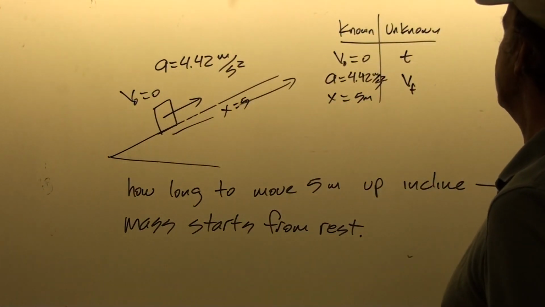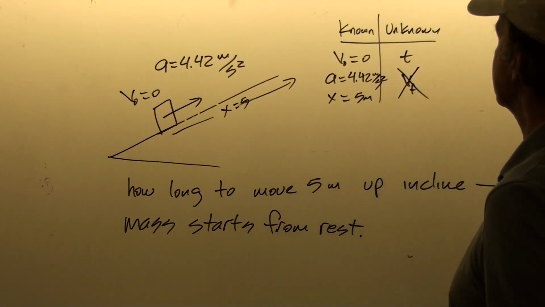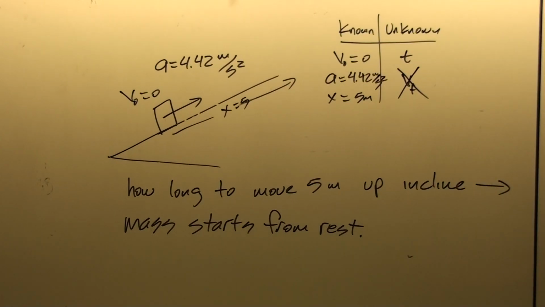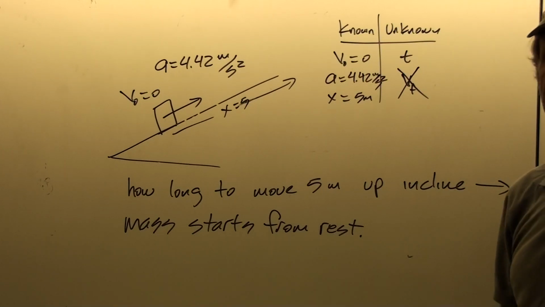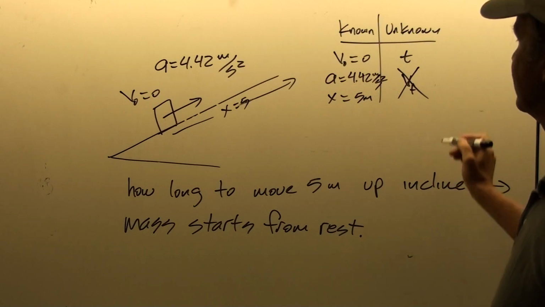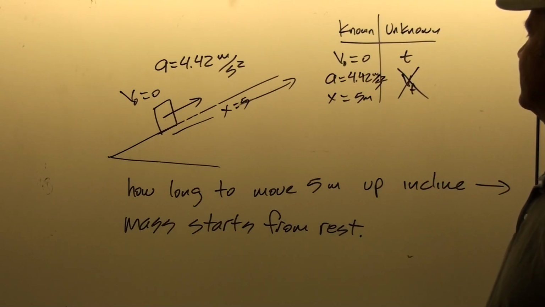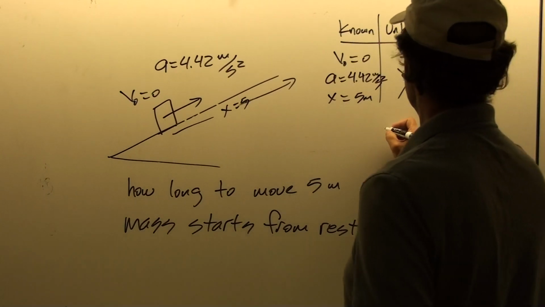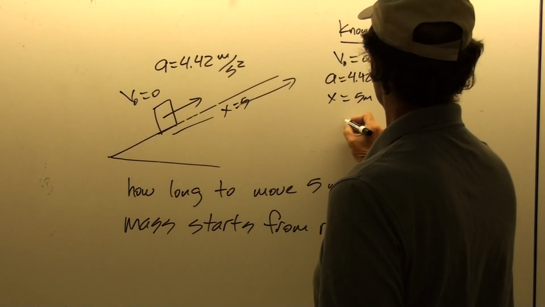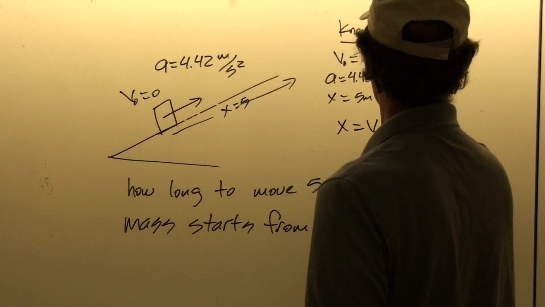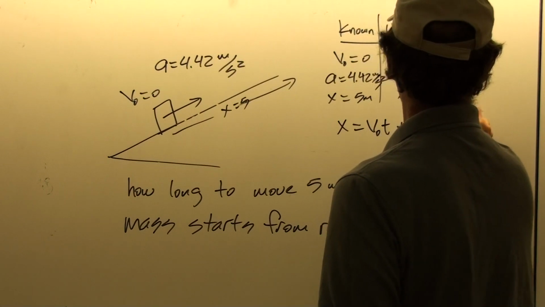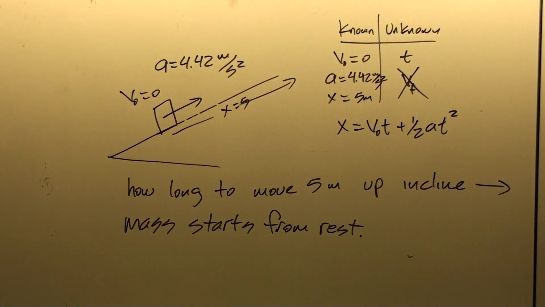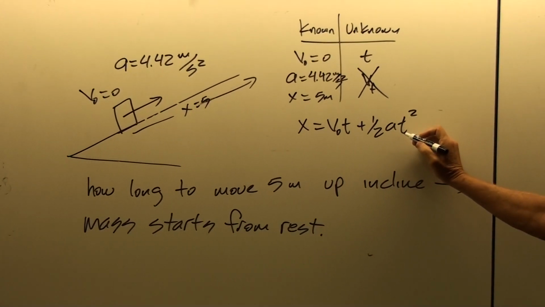And now clearly we haven't been asked for the final velocity, and so we can eliminate all of the equations involving this unknown because we don't care about it. And it's in all the equations except for one. So we'll pick the equation that doesn't have this unnecessary unknown in it. And so that leaves us with the third equation. That gives us x equals v0t plus 1/2 a t squared. This is the only one of our 4 kinematics constant acceleration equations that doesn't have a v final in it.